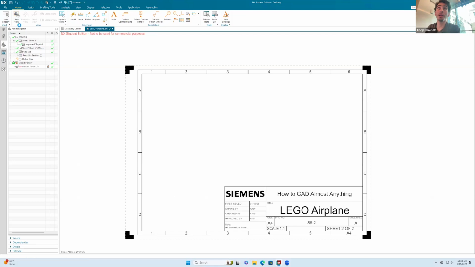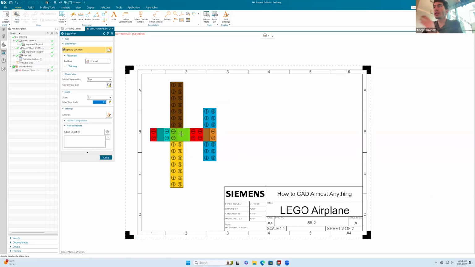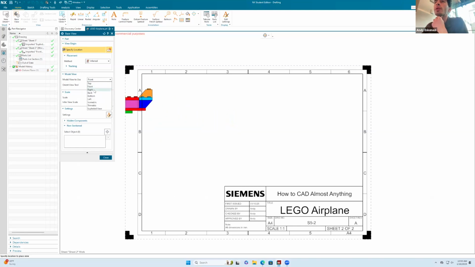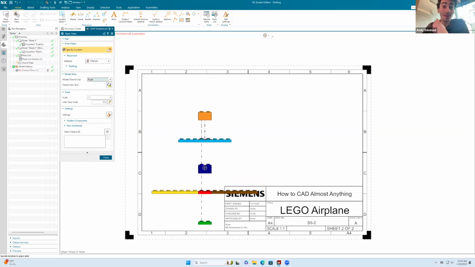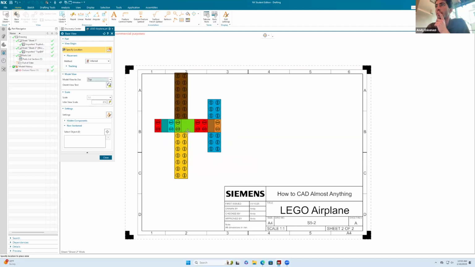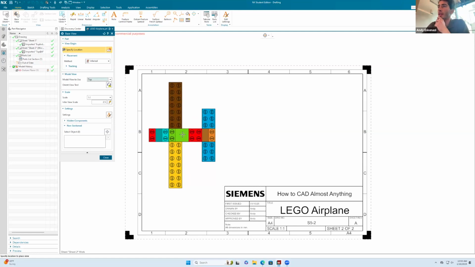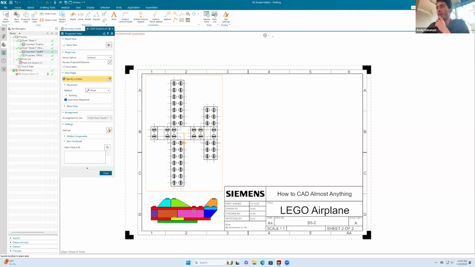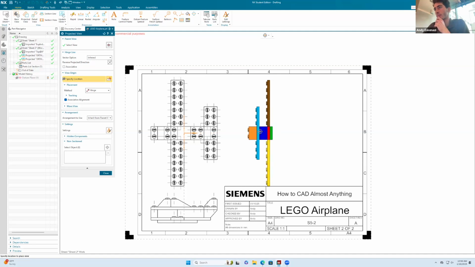Excellent. So now let's start bringing base views. So yes, let me see what are the different views that we have available to us. So maybe this one, well, it remembers the explosion. Here, back, left. I think the top will definitely be an important view to bring. I'll bring this one too, and